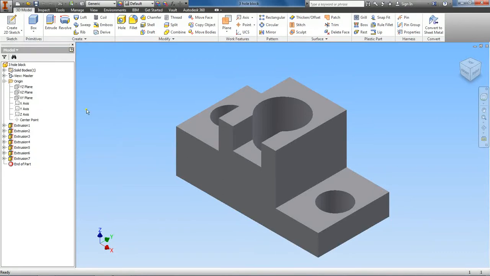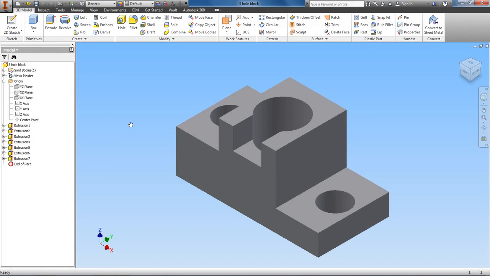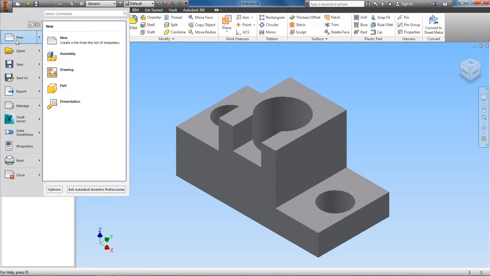All right, so now we have our part that we're going to use to create this drawing file here. So let's go ahead and go over to Inventor and start a new drawing file part. Look up here in the top left for the Inventor icon and click the drop down arrow and go to